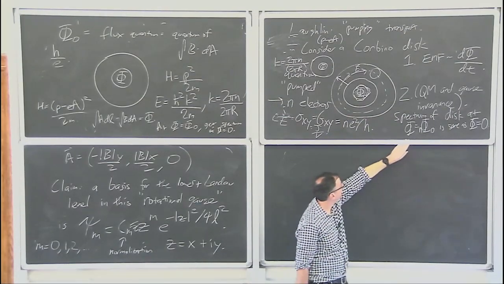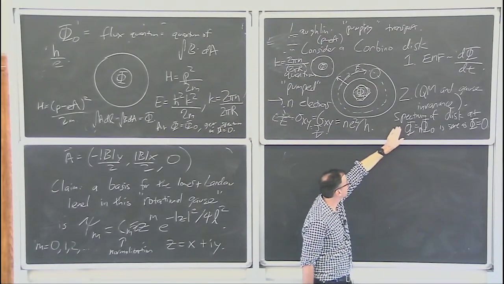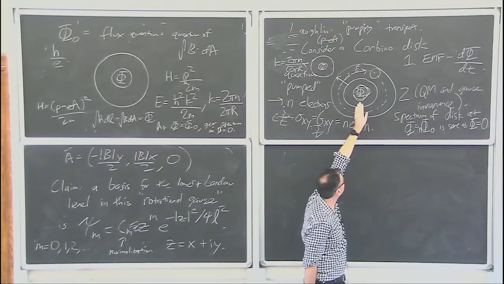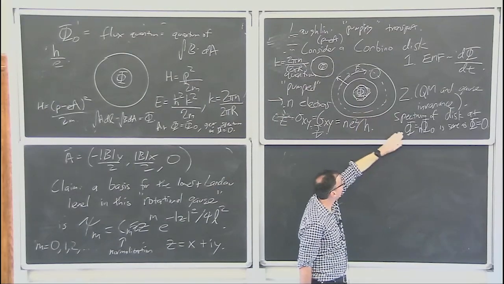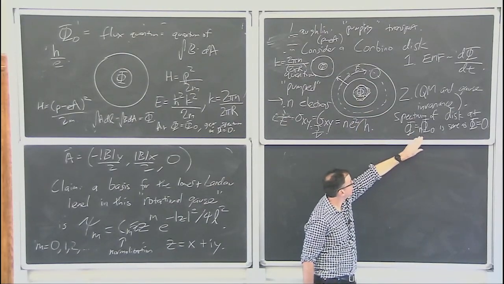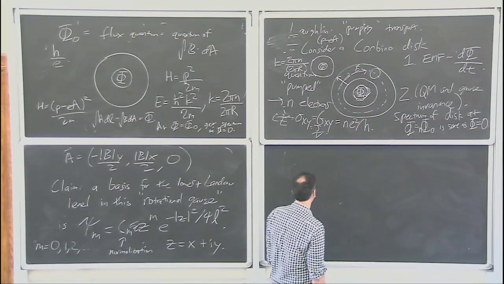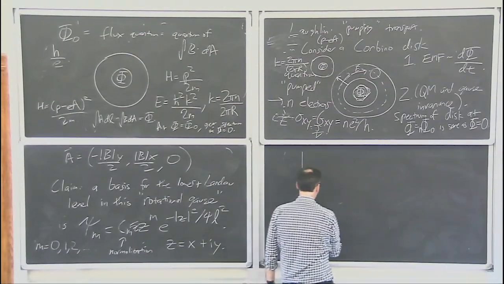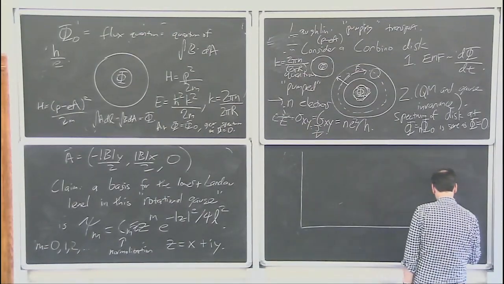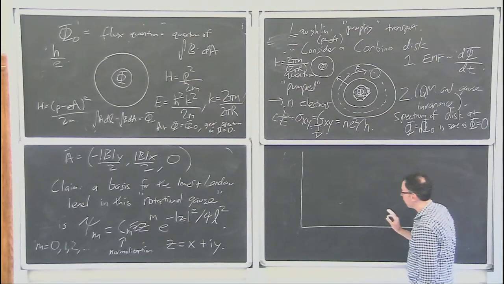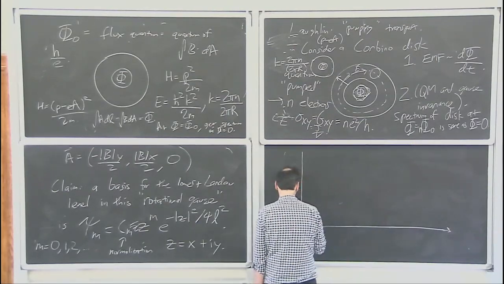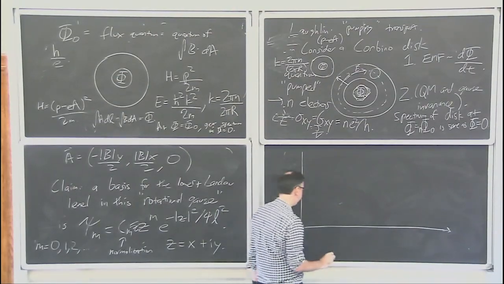But we know this fact that the spectrum is the same as long as the magnetic field that I'm varying doesn't get out here. The spectrum is the same by the time I get back to n flux quanta. So the picture I was drawing, let me first just draw the lowest Landau level. So I've got energy and